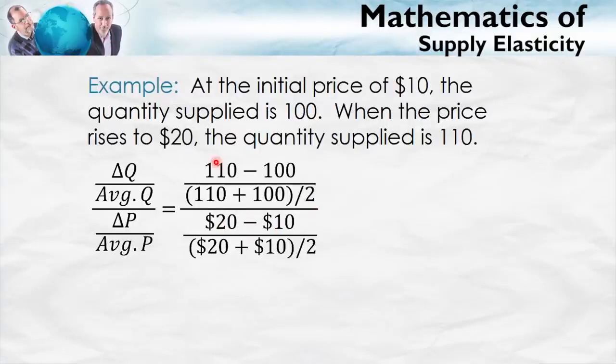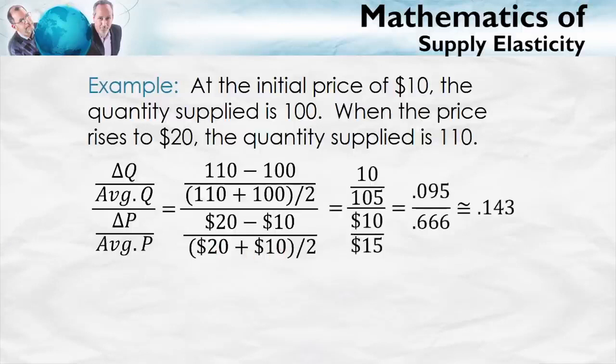Just make sure that since we started here with the quantity after being 110, that's associated with the price after of 20, so put the 20 first. 20 minus 10 is 10 over the average price, etc. You can calculate the numbers, and what you find is the elasticity is